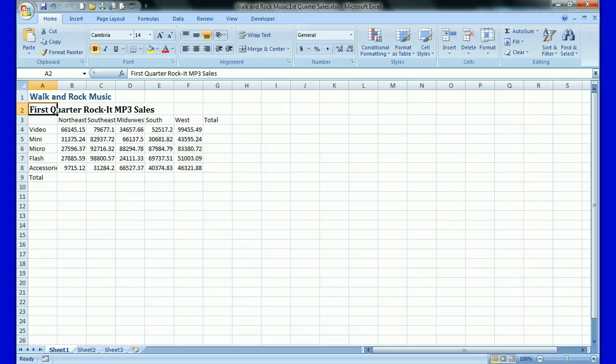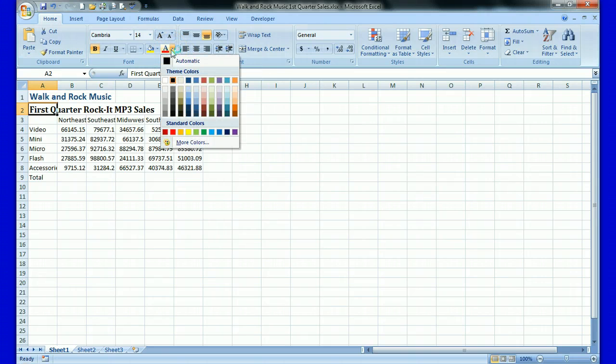The next step is to change the color of the font in cell A2 from black to dark blue. The following steps change the font color of a cell entry. To change the font color of a cell entry, with cell A2 selected, click the Font Color button arrow on the ribbon to display the Font Color palette. Point to Dark Blue, Text 2, in column 4, row 1